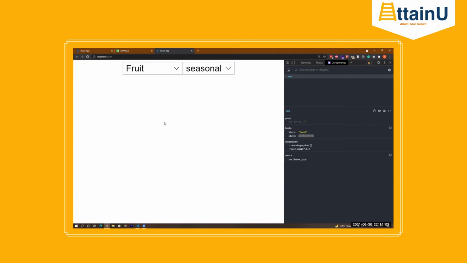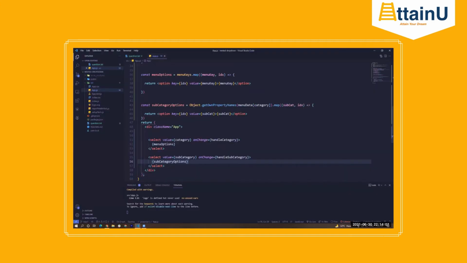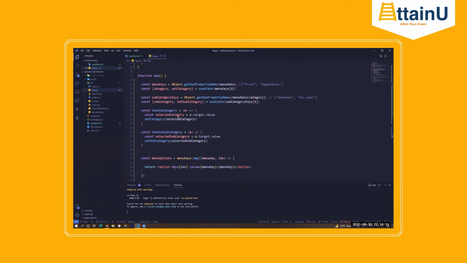Then only it will make sense, and then only it will be synchronized with everything, right? So when the main category is changing, we are setting the current selected category as the main category. That is fine, but we are not changing the subcategory. Subcategory though still is the same in the state, right? It changes in the UI, but internally the state still has the value of the old one, right?